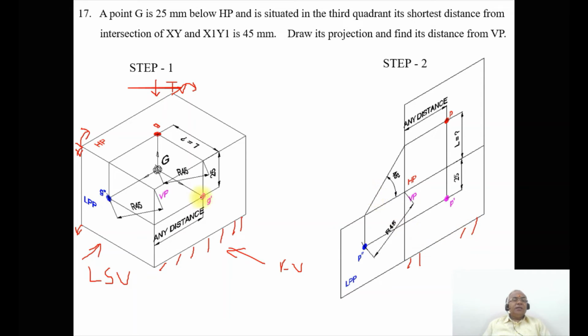So once you do that, HP is the one which is rotated to the top, so HP is going to come here. Correspondingly, the image is also rotated, so L will be equal to here, and 25 mm will be vertical here. As we see from the left side view, you can see the distance below HP is vertical here,